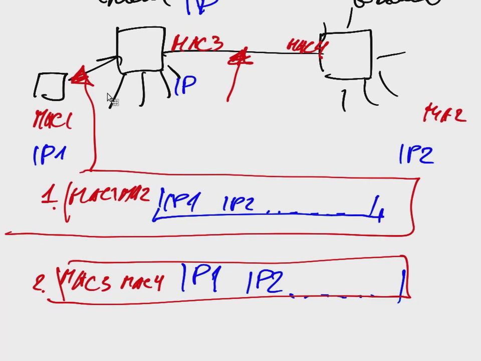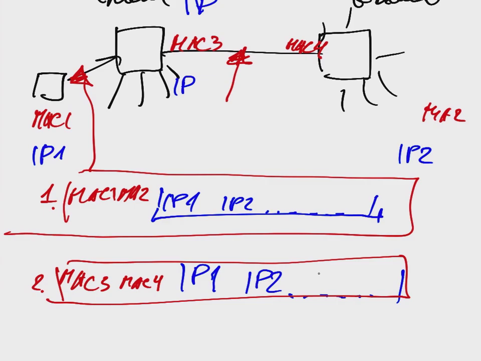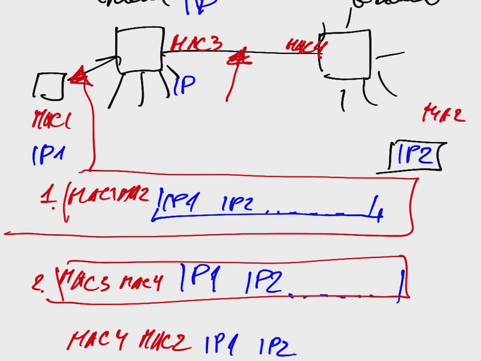And then third, this router checks, for example, is this IP address actually available in this segment, and if it is, as in this particular case, then it sends another Ethernet frame with, let's say this will be the same MAC4. MAC4 is source and MAC2 is destination. And of course, regarding the Internet Protocol, data is the same, IP1, IP2, and so on.